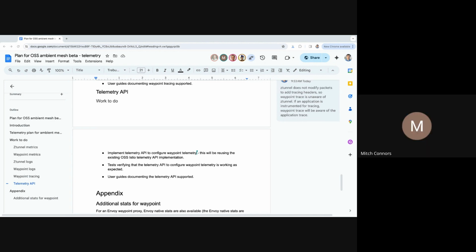Okay. We should take that input into consideration as we evaluate moving telemetry API to V1. What does it mean for us to move it to V1 and then not carry it forward into ambient? Not saying that it's a deal blocker, but I'd like to make sure that we're consistent as we're considering this.